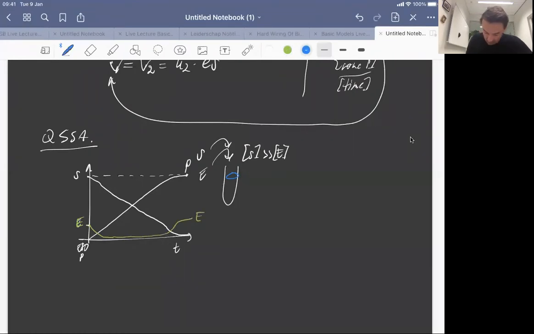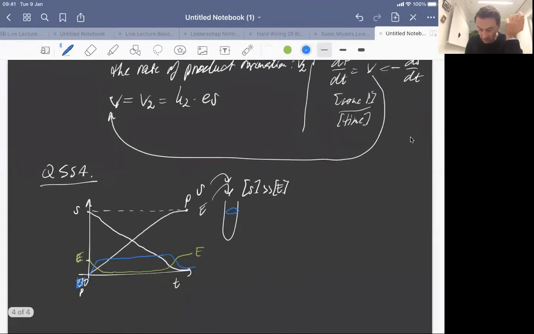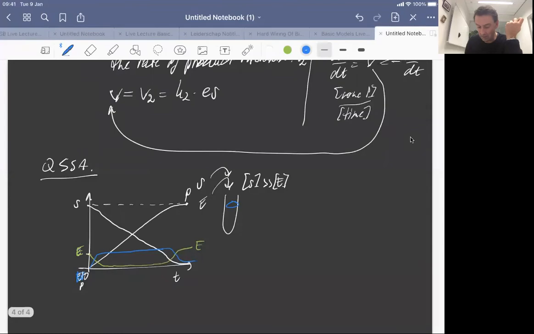And the enzyme substrate complex ES quickly goes up, stays constant, and goes down. And the reason is that whenever the enzyme is liberated from its substrate, the product is made. Now, when product is made, the enzyme can immediately bind to substrate again because there is this excess condition of substrate over enzyme. So that means that there must exist a time window